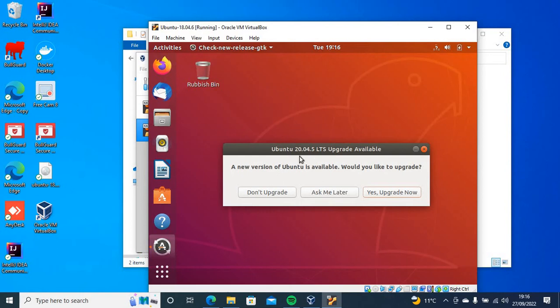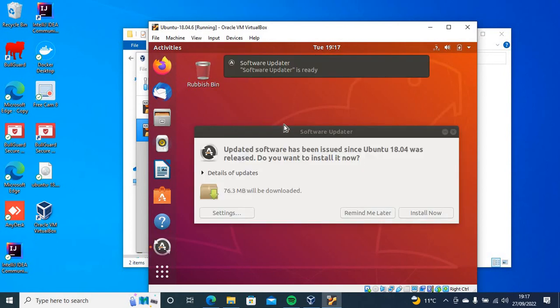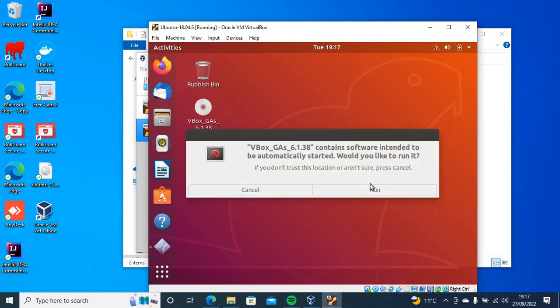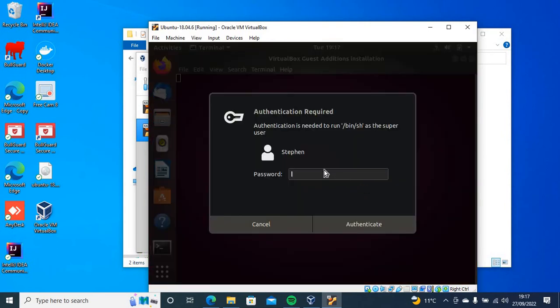So what I'm going to do is insert the guest additions and try to enable it. Also, if you are using a lower version of Ubuntu, you can upgrade to the latest version, because there will be pop-up messages every now and then telling you to upgrade. For now I'm going to select ask me later. So the next thing I'm going to do here is install guest additions. Insert Guest Additions CD image. Here you select run, then enter your password,